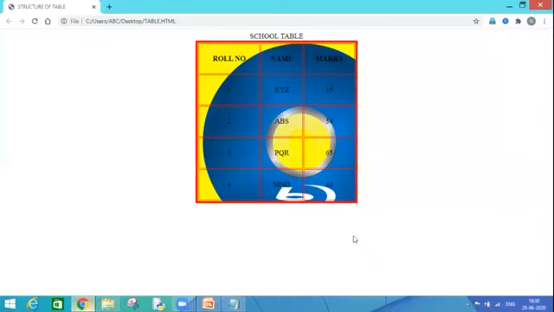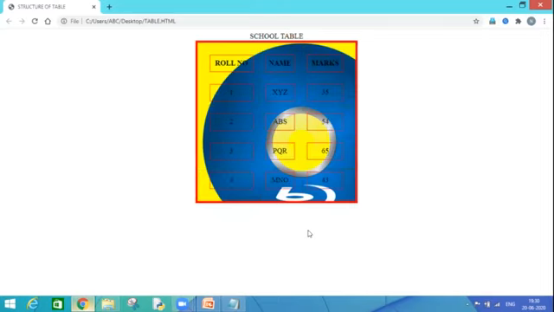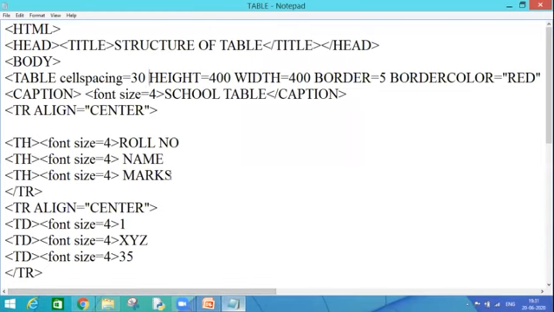This is my previous table. Once I press the F5 key from the keyboard, the space between these cells will be increased automatically because I have given the value as 30 pixels. F5. You can see the change, right? Roll number, name, marks. Now the space has been increased between my cells, and the separate border is displayed along with each and every cell separately.